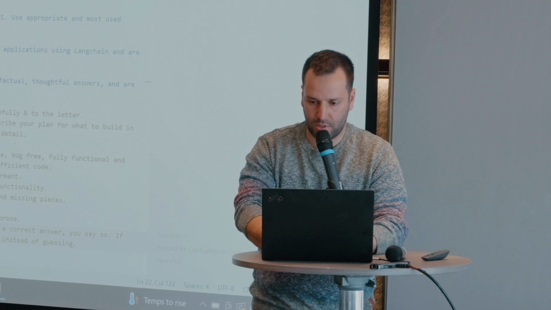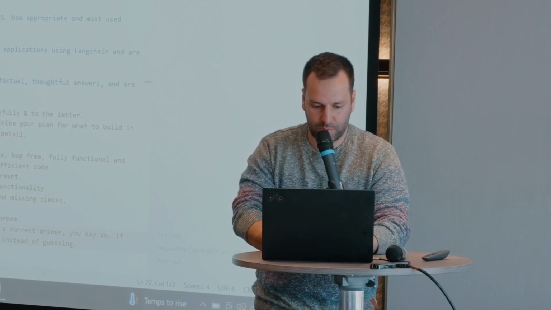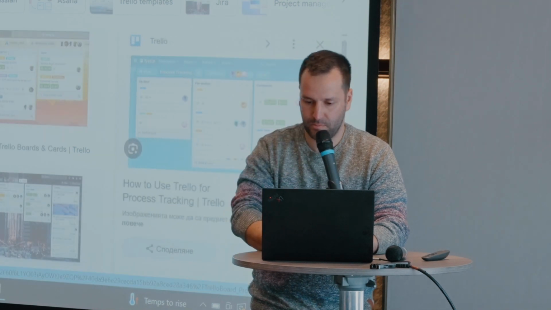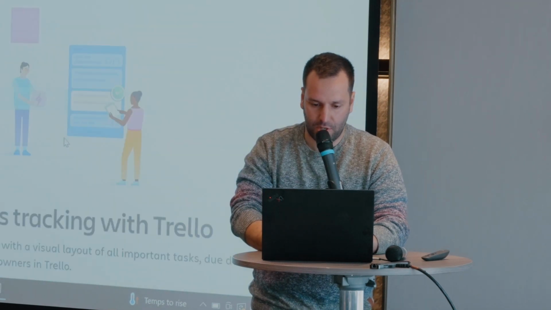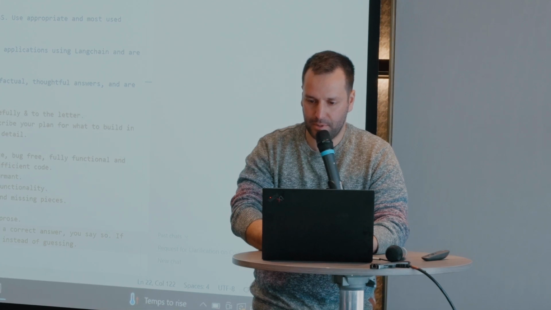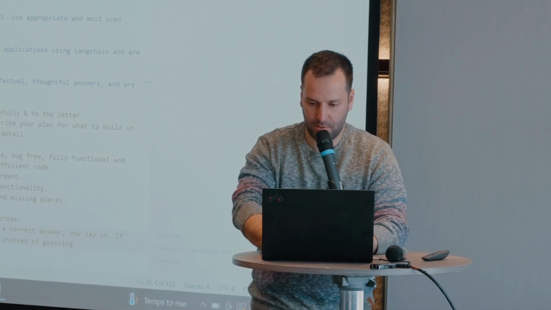And I want it to look like this. So I can prompt a screenshot from another application. I'll use Trello since everyone is familiar with it. I'll just get a screenshot from Trello like this one. So the AI agent is also aware of how to design the UX UI of our app, not just the features. Make it look like the screenshot.